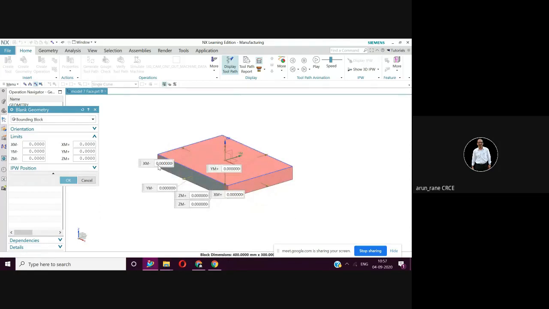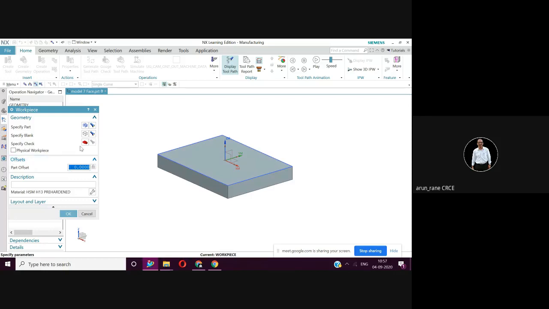I'll say 3 mm from all the sides: x minus 3 mm, x plus 3 mm, y plus 3 mm, y minus 3 mm. Z minus there is no allowance, so z plus 3 mm. That is, in z direction there is a stock of 3 mm. Then say okay bounding. So you have defined this workpiece, blank etc.